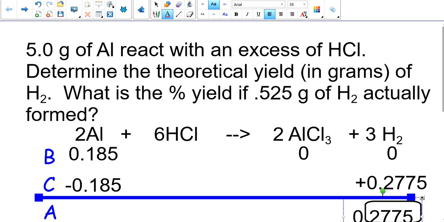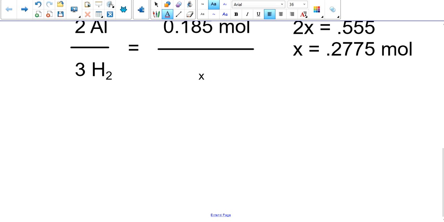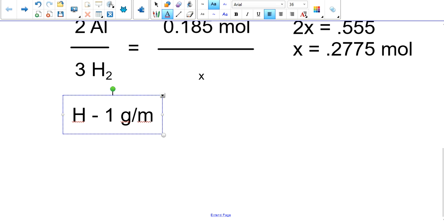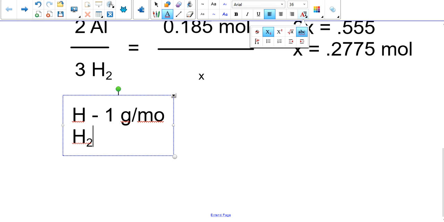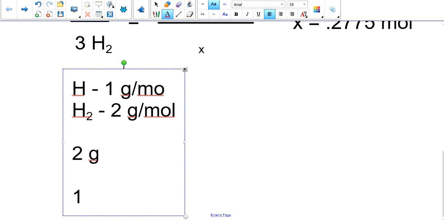And so again, I'm going to have to figure out the molar mass of hydrogen. Oh, well, this one's easy, because the molar mass of hydrogen, I look on the periodic table, each hydrogen has a molar mass of 1 gram per mole. Well, if I'm dealing with H2, not just regular hydrogen, then I just simply double that. The molar mass is 2 grams per mole. And so again, I can set this up. I would say 2 grams over 1 mole